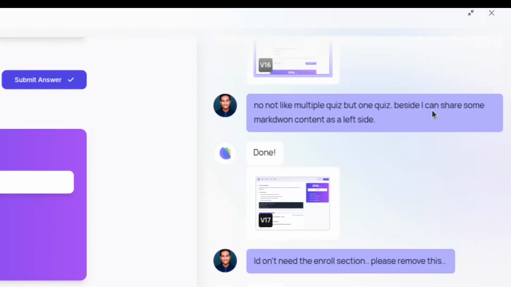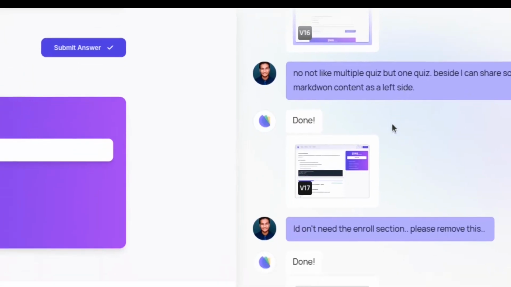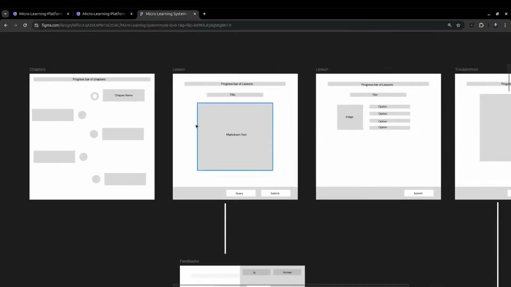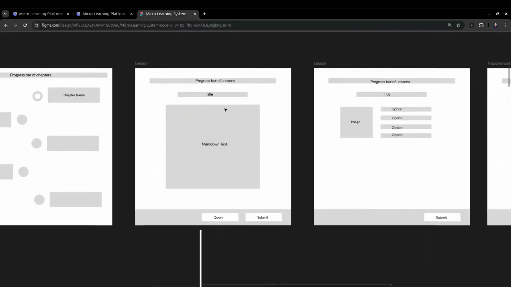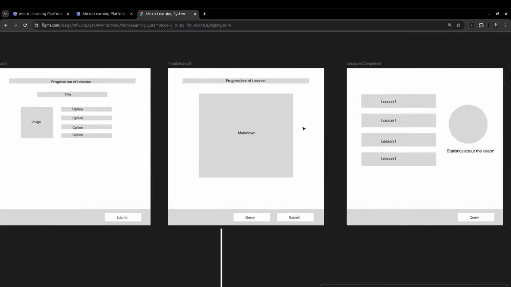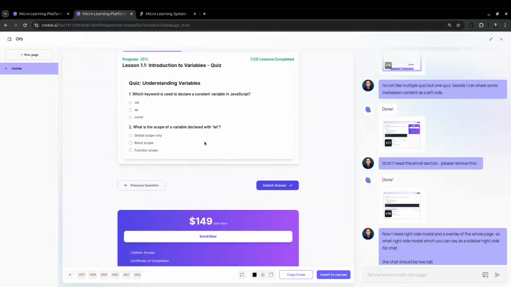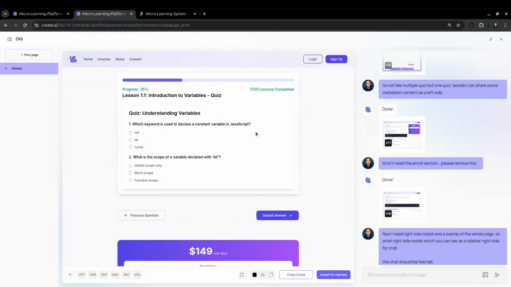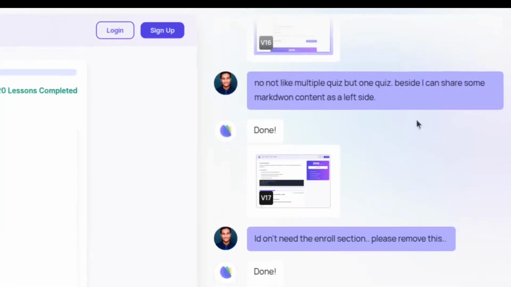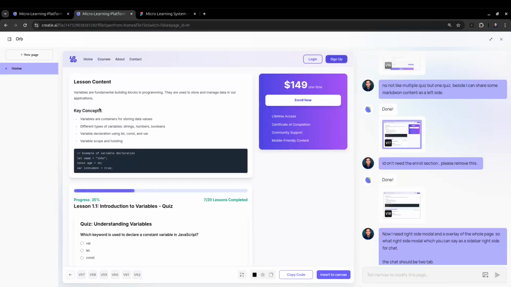some markdown content on the left side, because as I said, I need to build a lesson with markdown content, sometimes quiz, sometimes markdown content, and so on. So that's why I need to show the markdown content beside the quiz, or maybe only the markdown content. So that's why I asked to add that, and then it gave me this version of the UI